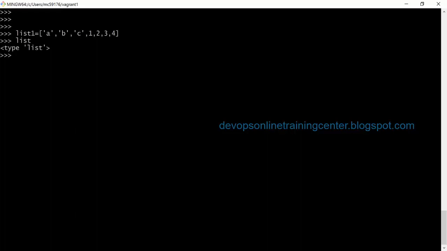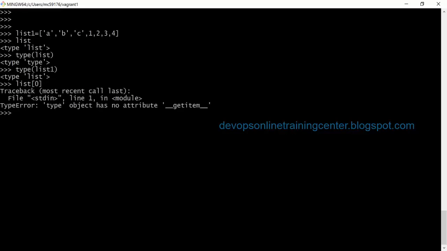If I say type of list 1, it will give list, right? So I defined list 1, and when I say type of list 1, it says list, right? So list can also be indexed. If I give list 1 of 0, it will give the element.